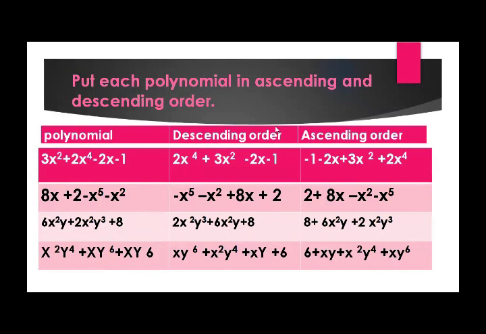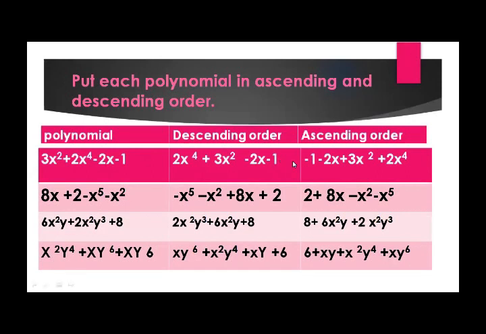According to step number 1, we try to find which term has the highest exponent. So that is the 2x4. So we write 2x4 first, then x square in the second position, then 2x at the third position, and minus 1 at the last. We will write their respective sign with each term. For ascending order, which is quite opposite to the descending order, we will start from the lowest one.